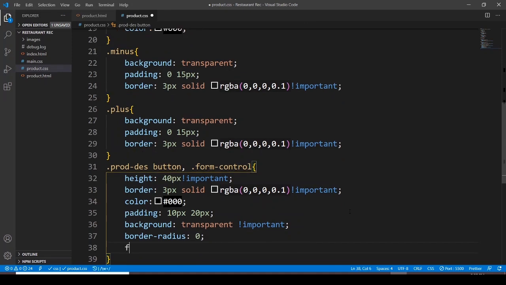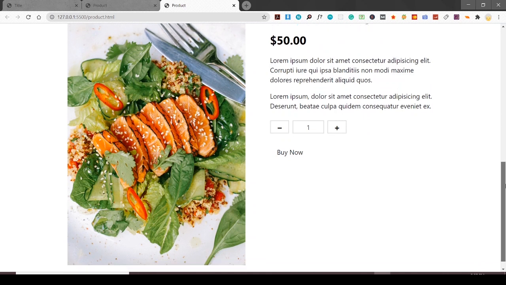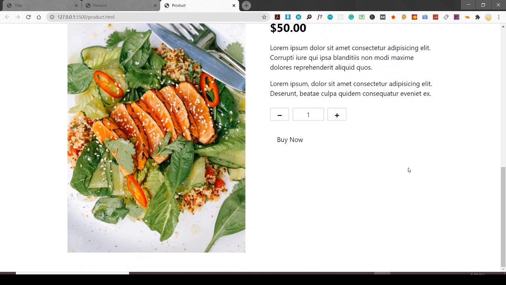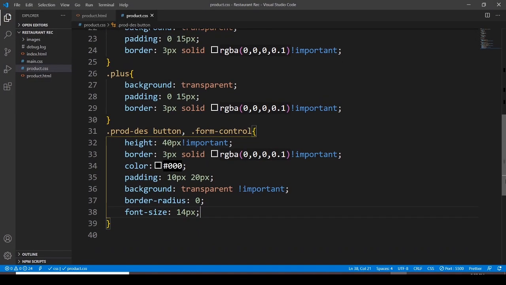Then we have to go with the font size. So the font size is going to be 14 pixels. Okay, now let's save it, move on to the browser, and you guys can see that we do have plus, minus, and value. Now what we have to do next is